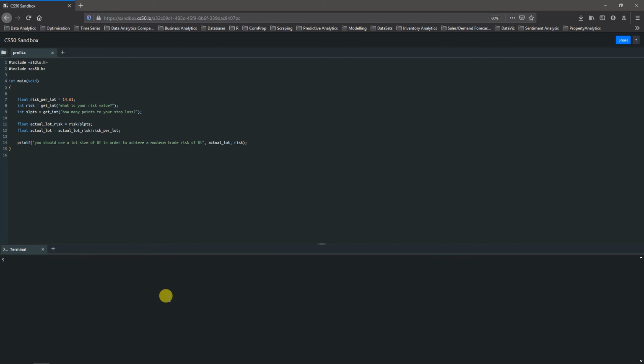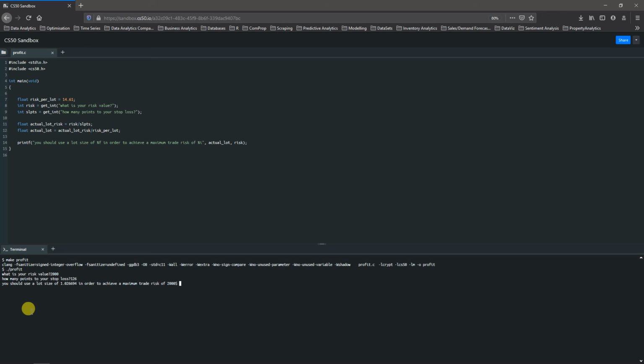Okay, let's see this. Okay, that's good. Risk value. How many points to stop loss? Let's say 126. And as we can see, the program suggests that we should use a lot size of 1.03 if we round up in order to achieve a maximum trade risk of 2000. Perhaps we should put, considering that we are using rand,